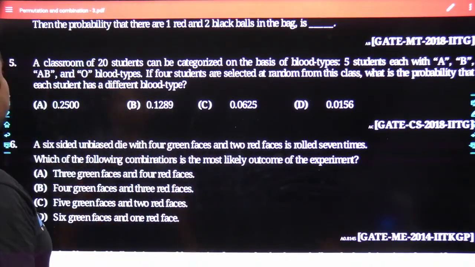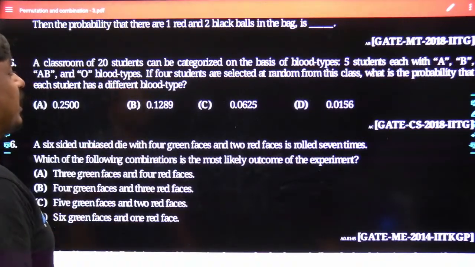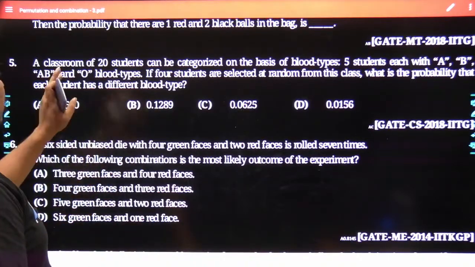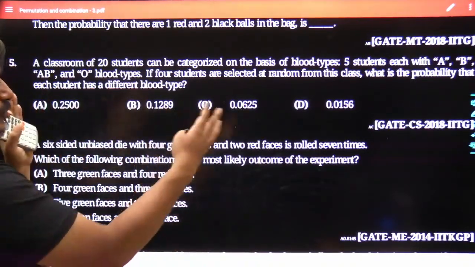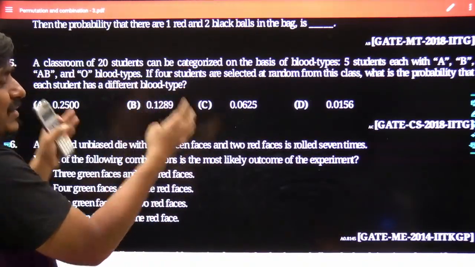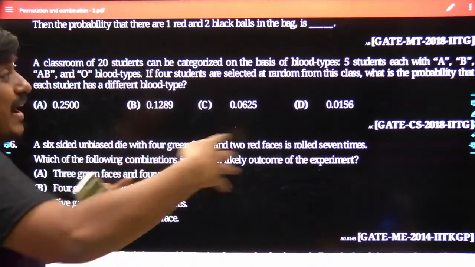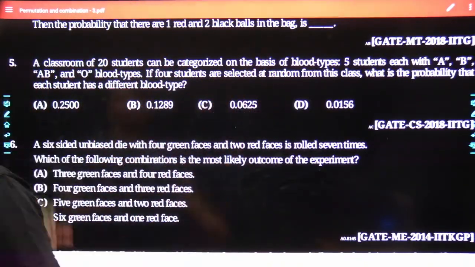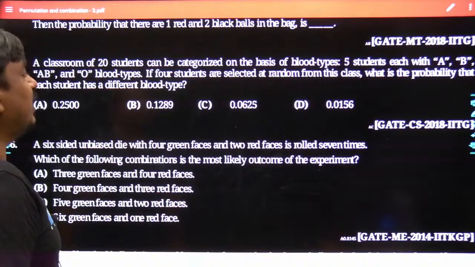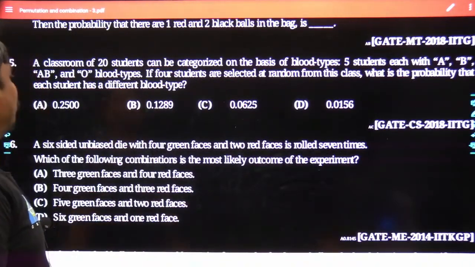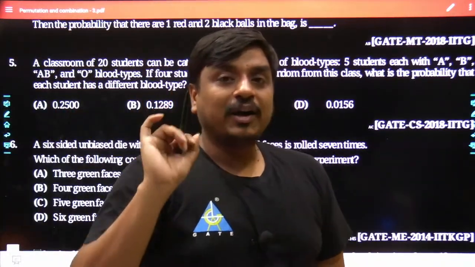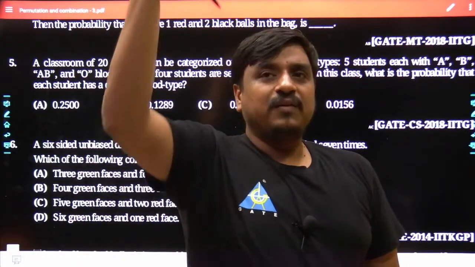See what the problem states. A classroom of 20 students can be categorized on the basis of their blood group, 5 students each. That means out of 20 students, 5 students have been made as a bundle, and those 5 students had the same blood group, and similarly we had 4 different varieties of blood group. They have been A, B, AB, and O blood types. If 4 students are selected at random from the class, what is the probability that each student has a different blood group? Almost the same sort of problem was already dealt with